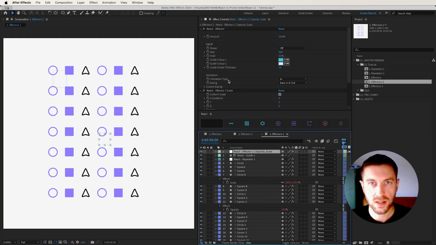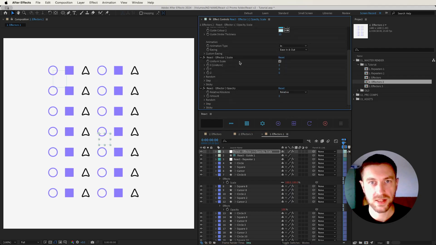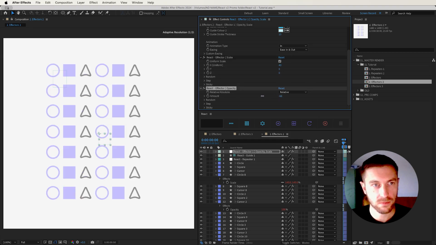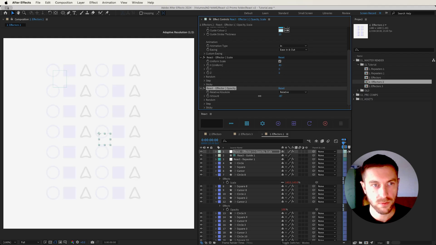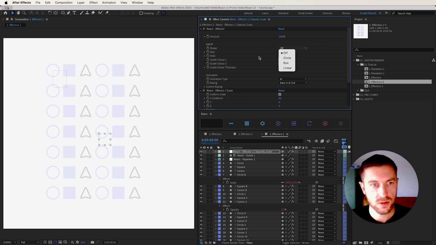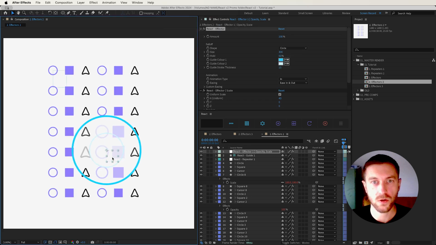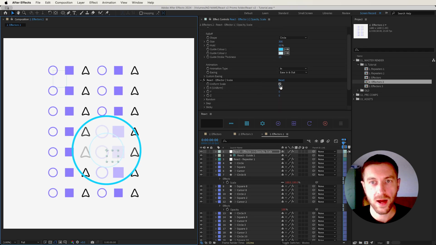So now if we go in there, we've got our main effector controls at the top there, and we've got two separate effects down here, one for scale and one for opacity. So we'll do the scale like we did before. And then let's twirl down opacity so we can barely see it. And again, if we go to circle fall off, everything within that circle is now a higher scale